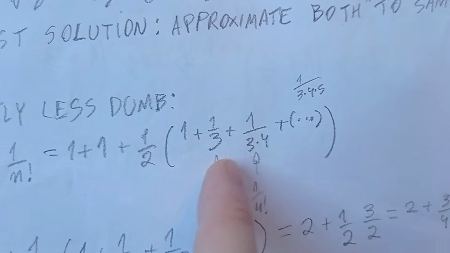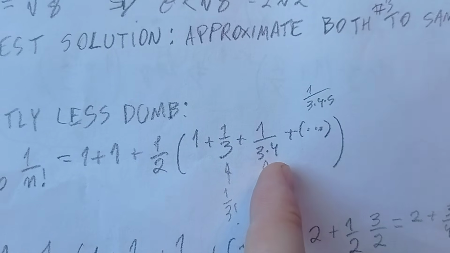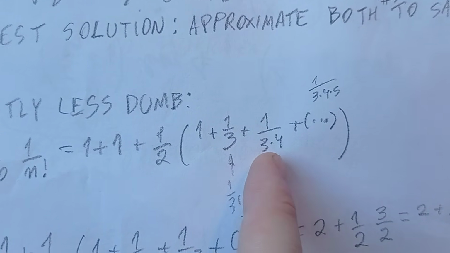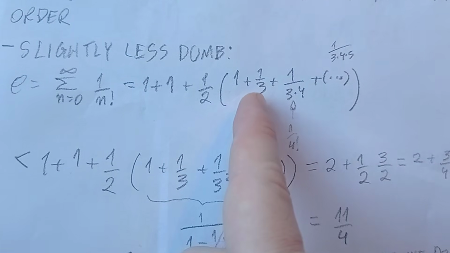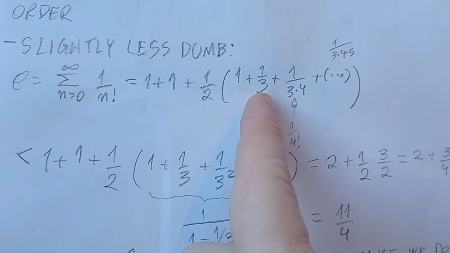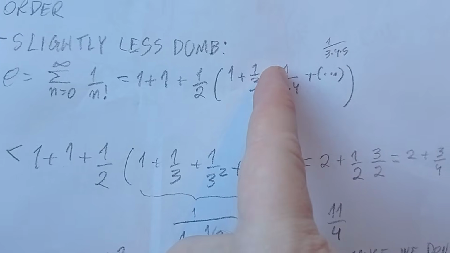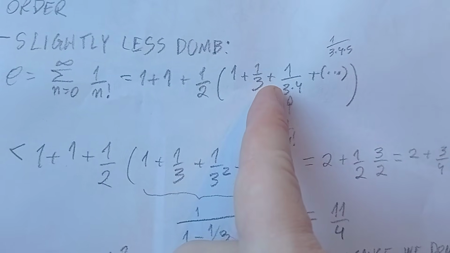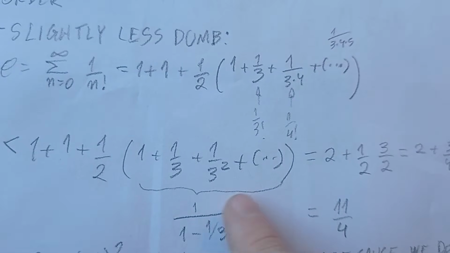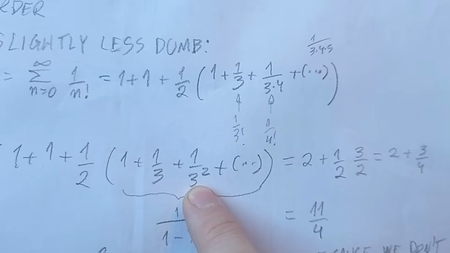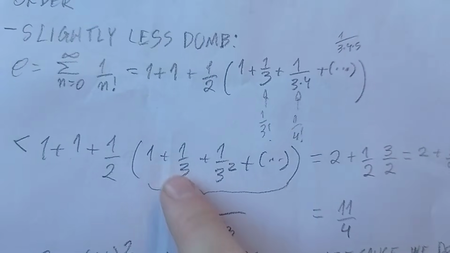But we can notice that we can compare this with something we know, which is the geometric series, in which we can use 1/3 as the ratio on which we are based. But why? Well, 1/4 is smaller than 1/3. So when we multiply 1/3 by 1/4, we have a smaller number than 1/3 times 1/3. And if we do this procedure for every order, we get this